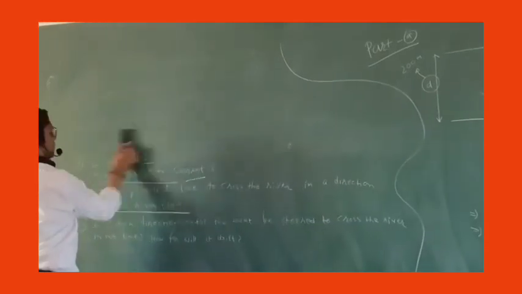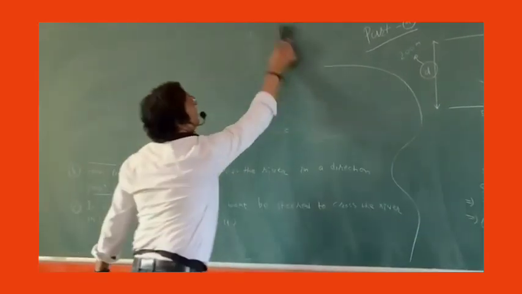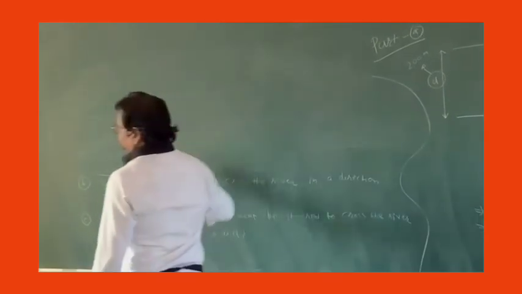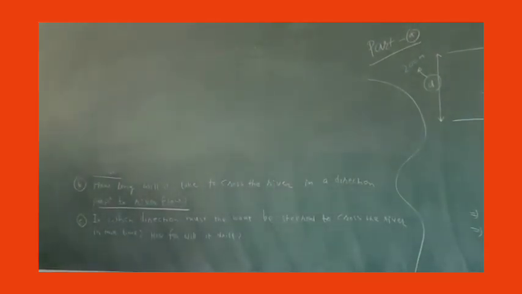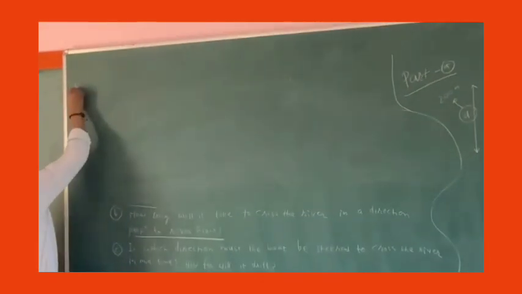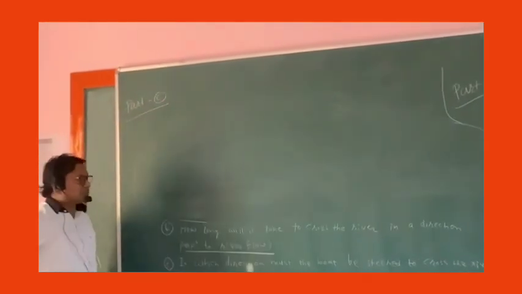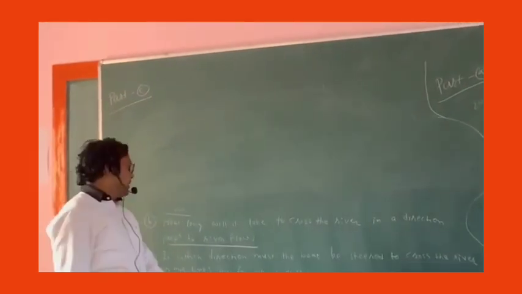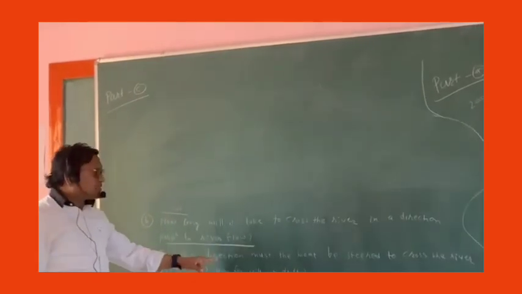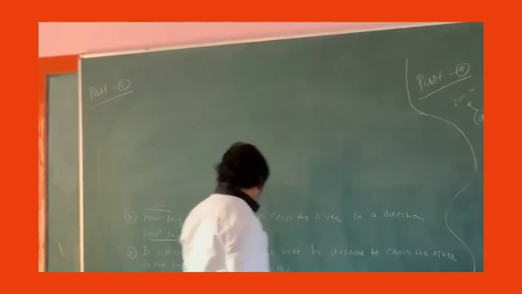In minimum time, what will be the condition? Here, this is part C. They are asking in which direction must the boat be steered to cross the river in